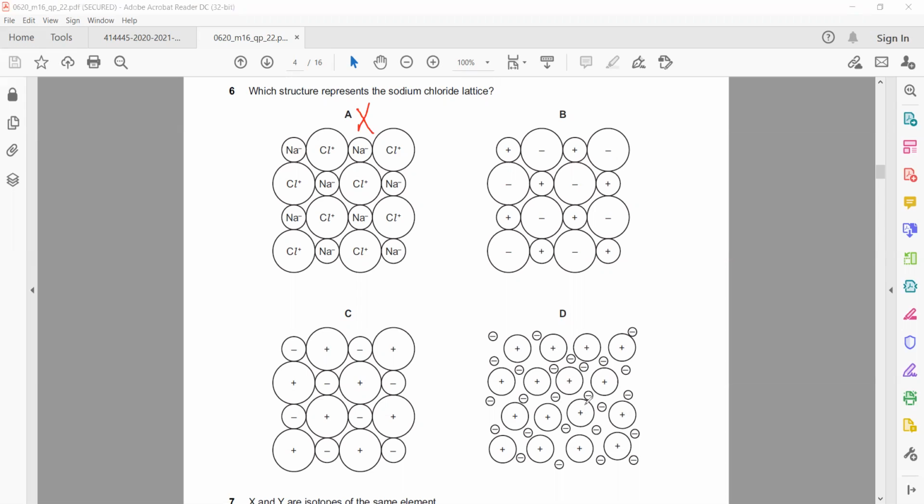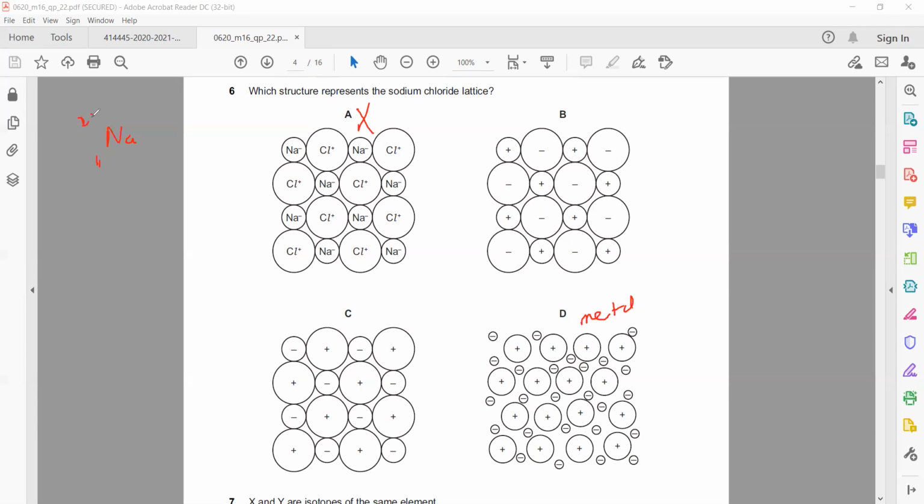Then D is also wrong. Why is D wrong? Because D shows the structure of metal positive ions, the lattice, a regular arrangement of the positive ions and the delocalized electrons. That is actually the structure of a metal. Now you're left with B or C. But how will you identify whether the positive ion or the negative ion will have a smaller size? So when I draw a sodium atom,